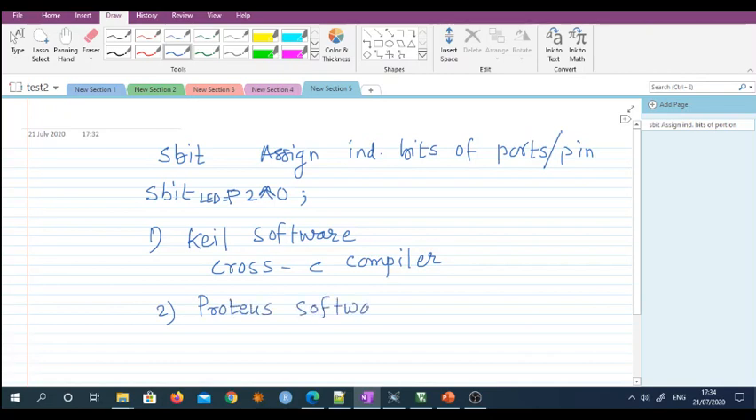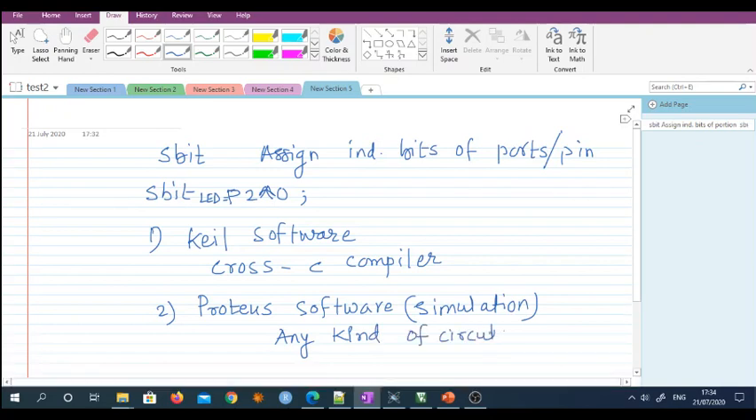Proteus software is a simulation software used for simulating any kind of circuits. We can simulate any kind of circuit. Any kind of circuit can be simulated using this Proteus software. Okay, so we are going to use these two softwares to physically observe